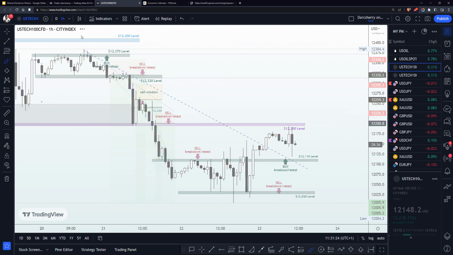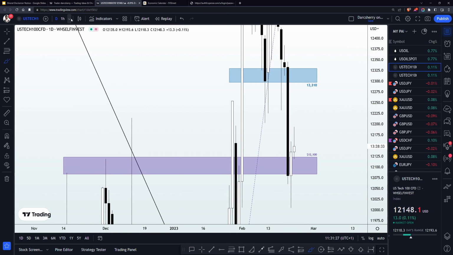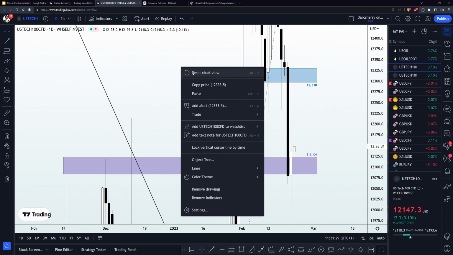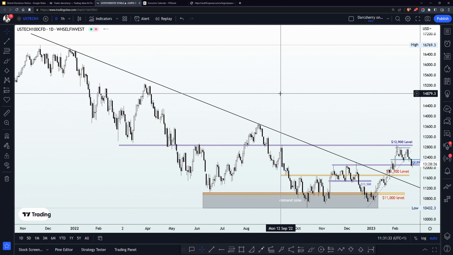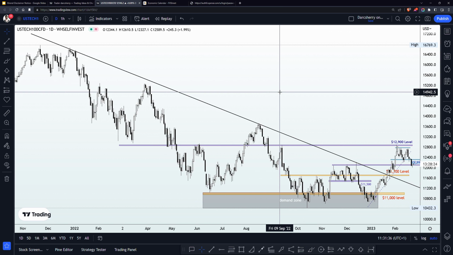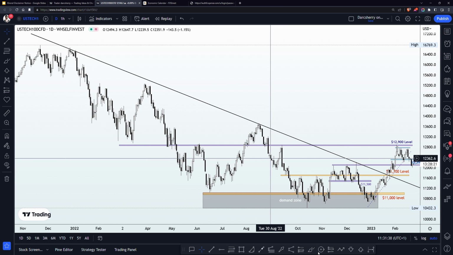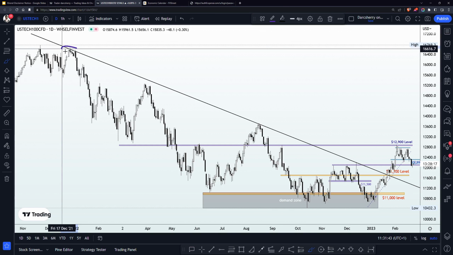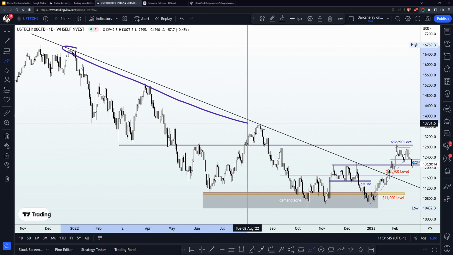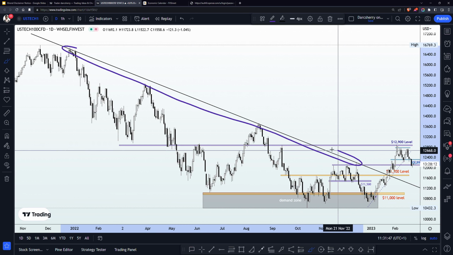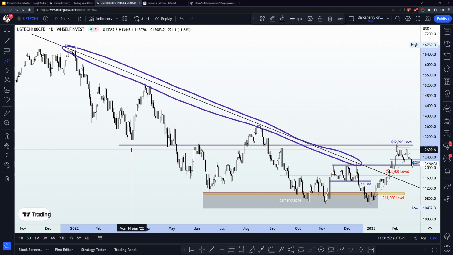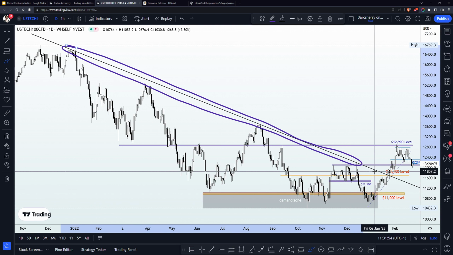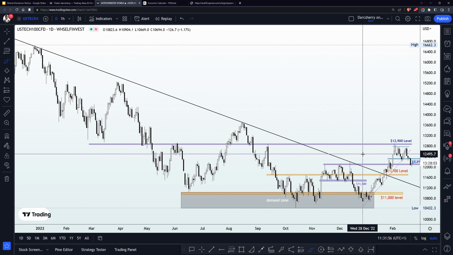So now if we scale up into the daily time frame, this is what we saw at the beginning of the week. Well, first of all, we saw the situation here where it's obvious that price action has been bearish. And in fact, throughout the course of last year's trading session, price had continued to find lower highs at this point. And when we connected the lower highs, we had this beautiful bearish trend line to guide our trading activity.